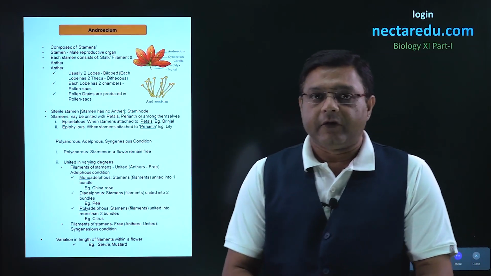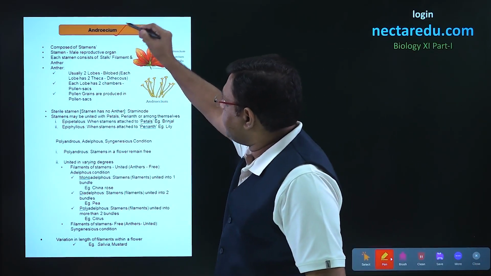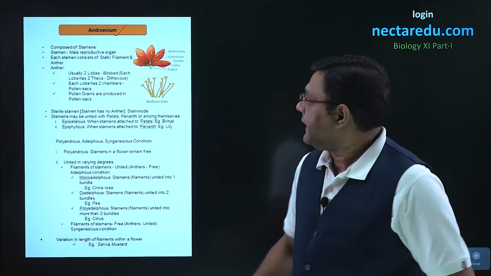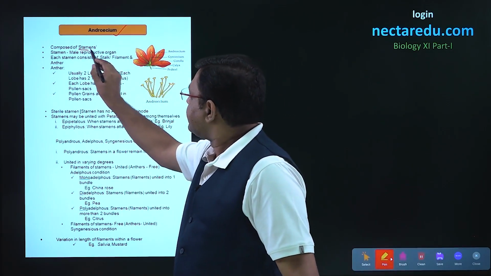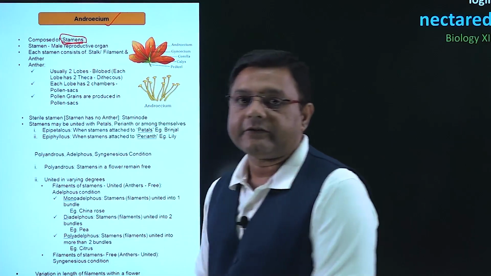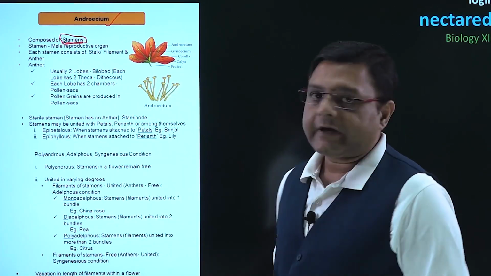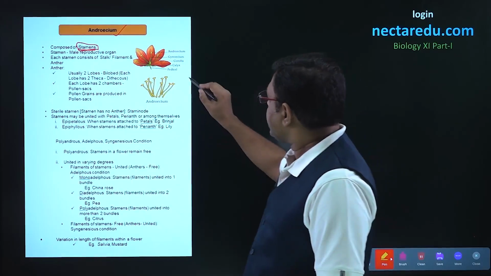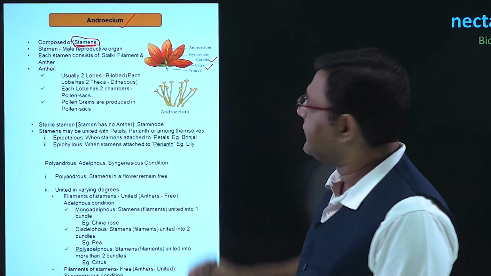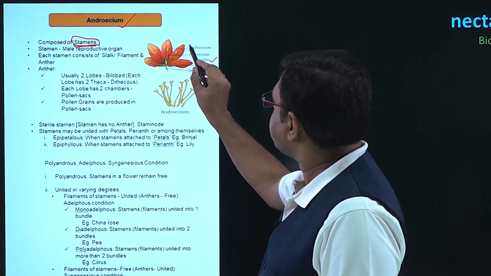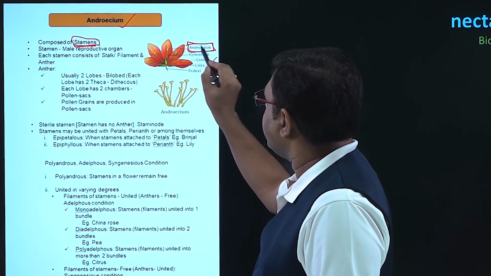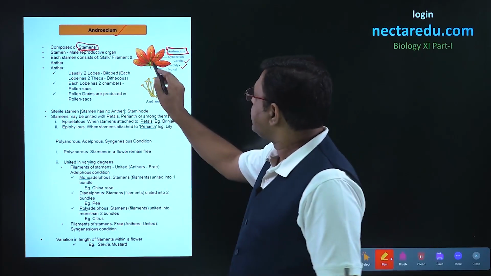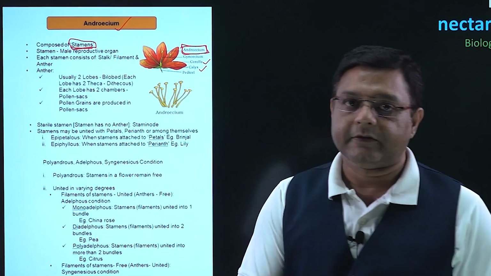In this particular video, we will look into the details of androecium. Now, androecium is the male reproductive part. Androecium has structures present which are called stamens. If we look into this particular diagram, all the four whorls are shown. The first is calyx, second is corolla, and the structure that we are seeing in detail is the male reproductive part, and that is called the androecium, which has stamens present in it.